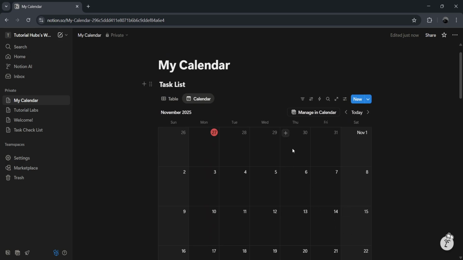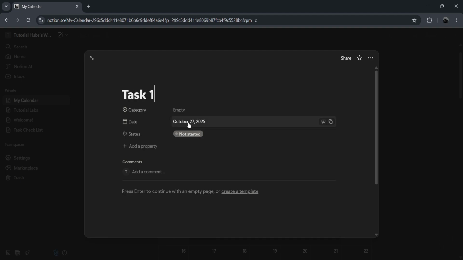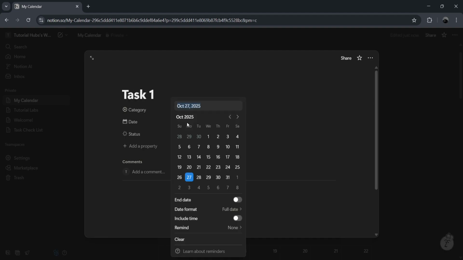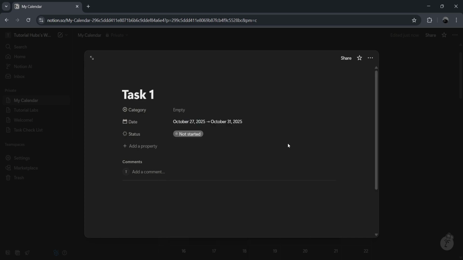Now it's time to populate your calendar with tasks. Add your tasks to the calendar as individual entries. And for each task, make sure to specify both the start and end date by setting these properties. This is crucial because it tells Notion exactly how much time you're dedicating to each task, which is the foundation